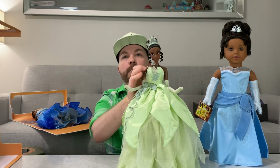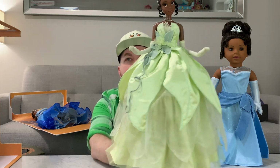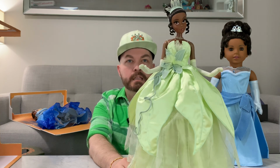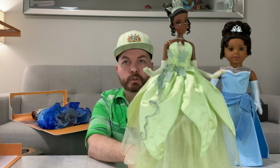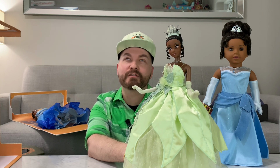Over the last couple years, we've gotten a lot of Tiana merchandise, and just look at how beautiful this Tonner dress is. When I posted my version of the Tiana Platinum, everybody was reposting it and saying this was the Tiana we deserved when her 10th anniversary rolled around. You know how we talk like that as collectors. This is what we should have seen when her 10th anniversary rolled around. So, I'm hoping that this is the year, and that's why I want to start recording these videos talking about my Tiana collection, because I'm expecting good things for her 15th anniversary, because I'm a greedy collector, and